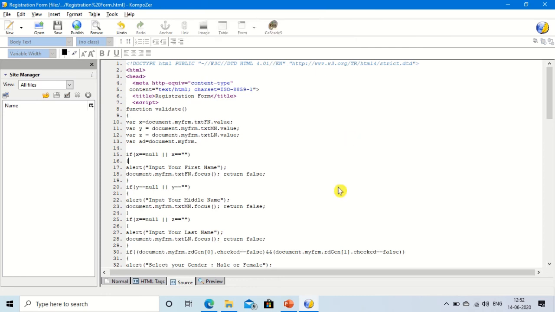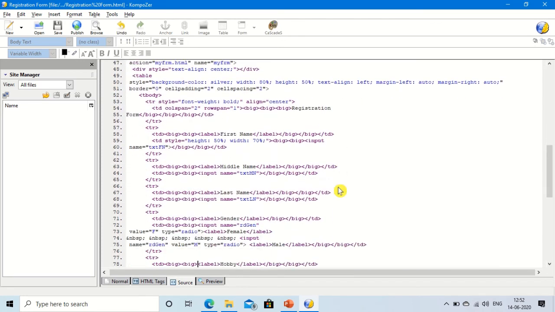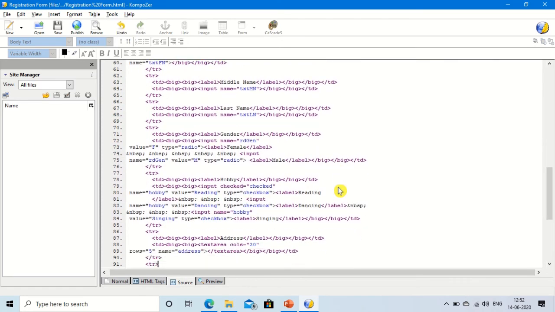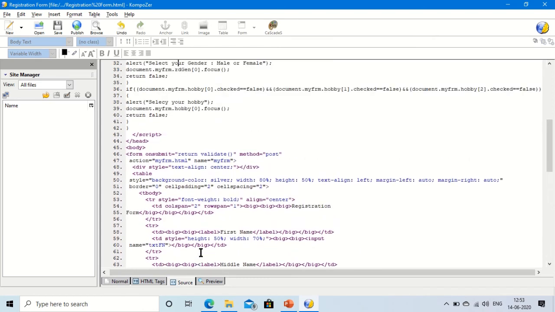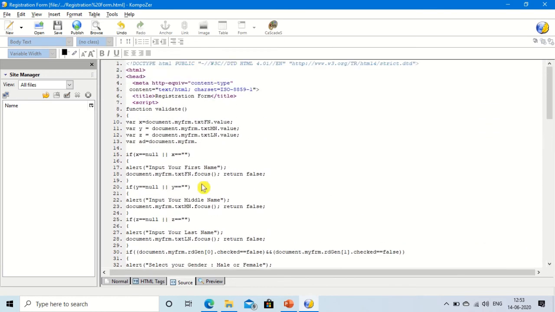Let me see what is the name of this address box. The name of the address box is, you can see, address. So better for you copy this and paste it here. And dot value. So we have taken the value of address inside the ad.